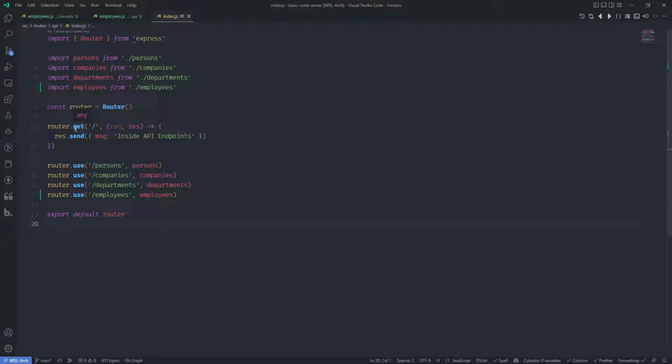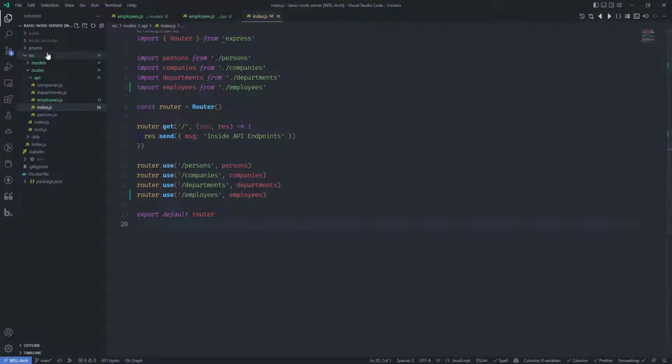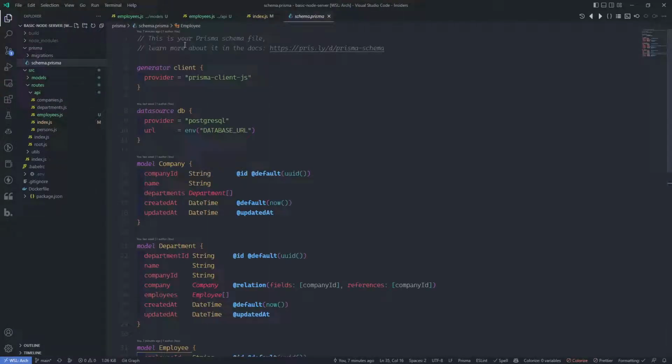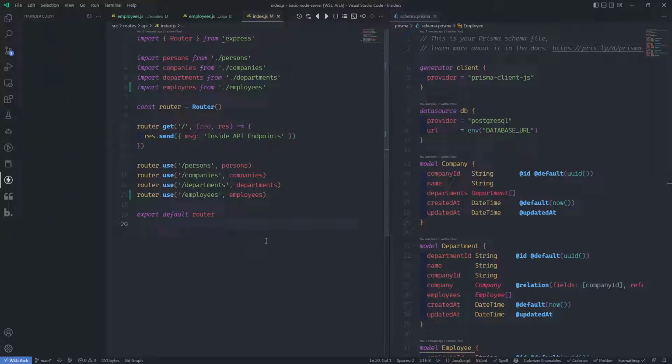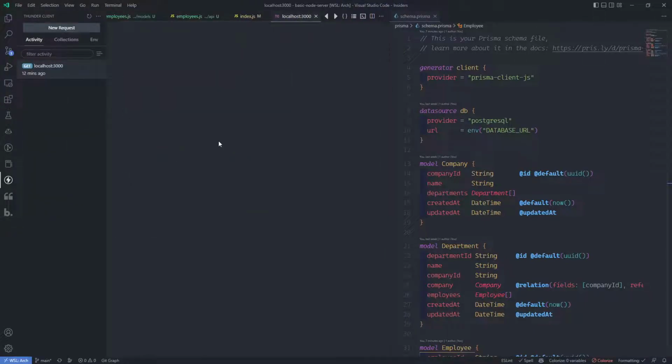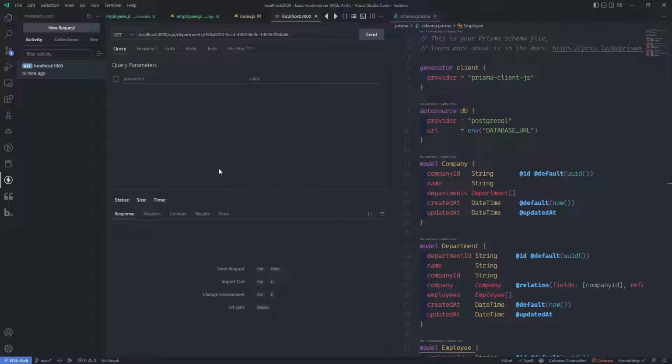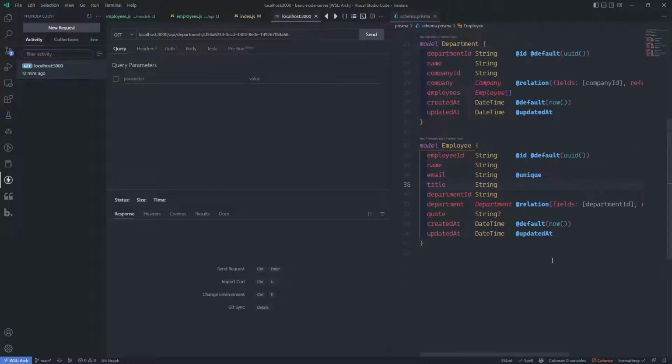Let's open just as a reference our schema, and let me put this to the right. And let me open on the left my Thunder Client. So what I want to do in my Thunder Client is create a new employee. So if I do a GET request to employees, in plural,